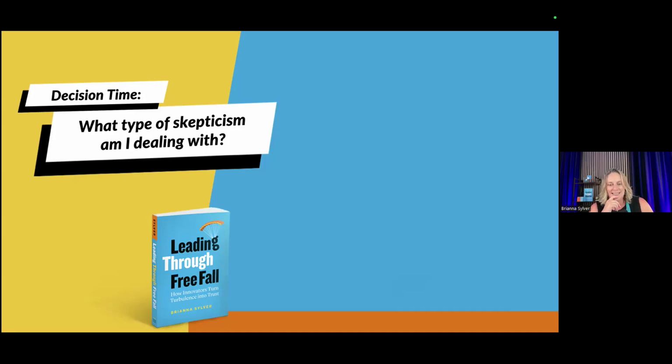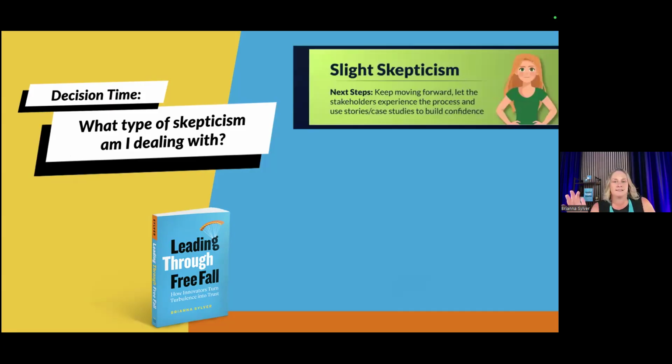And so the first thing I had to do is diagnose what's the type of skepticism that I was dealing with. When you're working on any initiative and working with any stakeholders, there's sort of 3 different types of skepticism, and you're going to deal with them slightly differently. So the first is just a slight skepticism. This is maybe when people are not 100% behind the process, but they're still showing up.